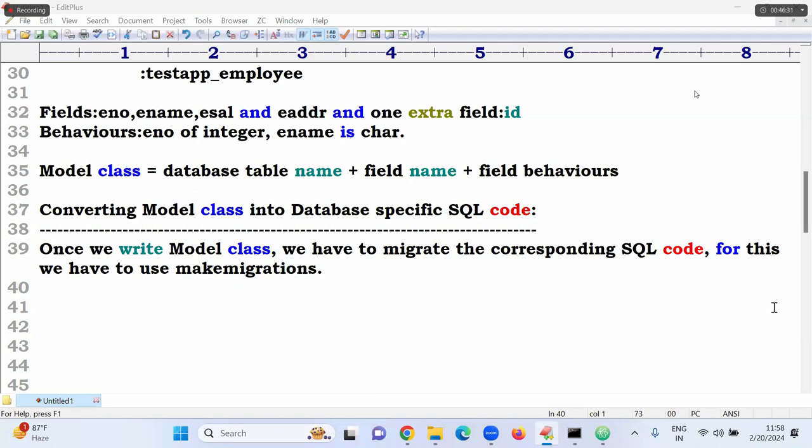Sir, is employee number in the employee class the default primary key? No, employee number is not the default. ID should be the primary key. That is possible, and how to assign primary keys, I will tell. That is also possible. Sir, now the command is